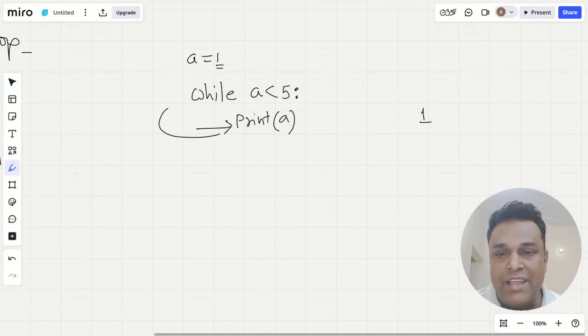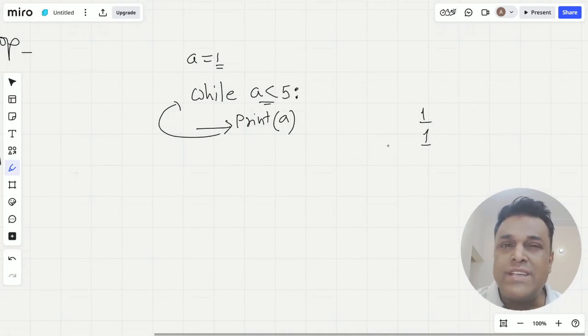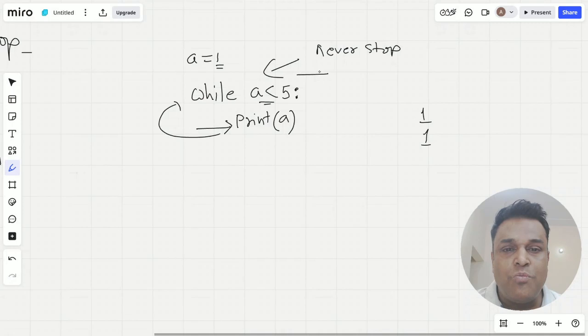And then from here again the controller jumps up and checks whether the condition is true or not. Since the value of a is 1, again this condition is going to be true, and it is again going to print 1. So what is happening in this particular while loop? This particular while loop will never stop. And such a loop, we call it an infinite loop. Since the value of a is always going to be less than 5, this is going to keep on